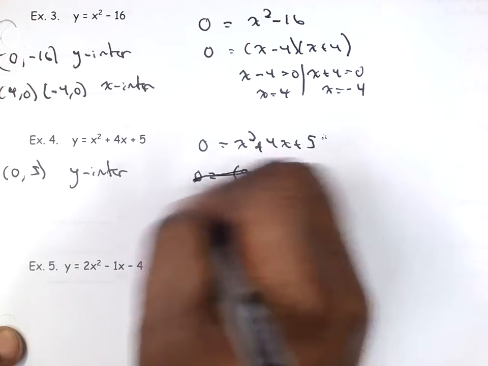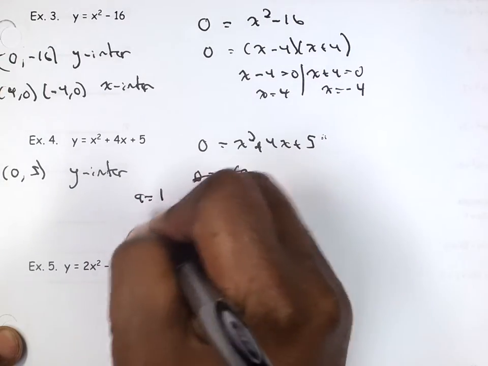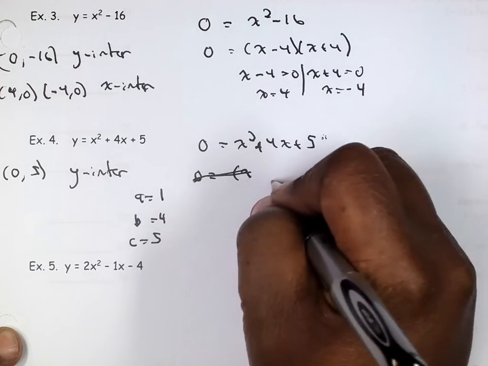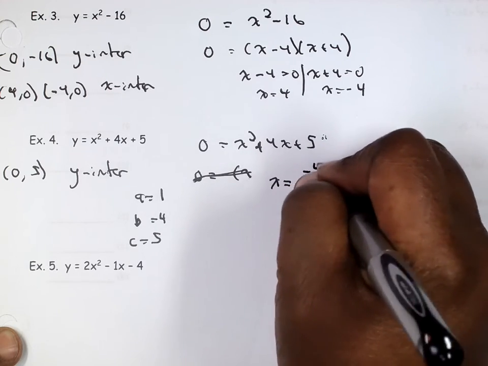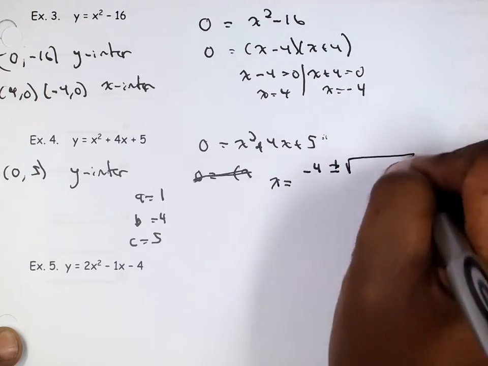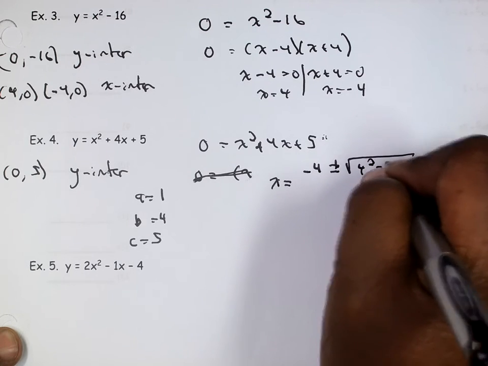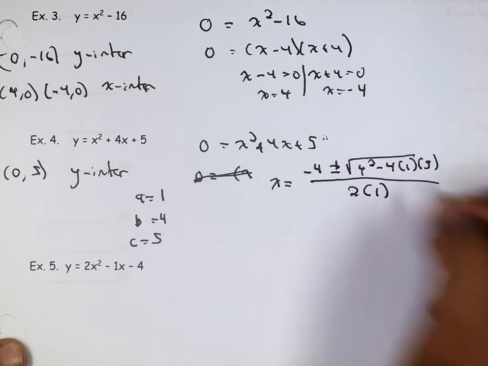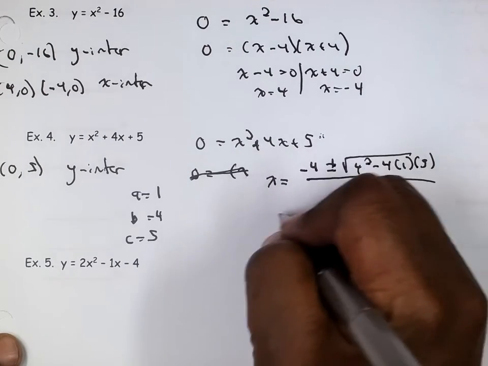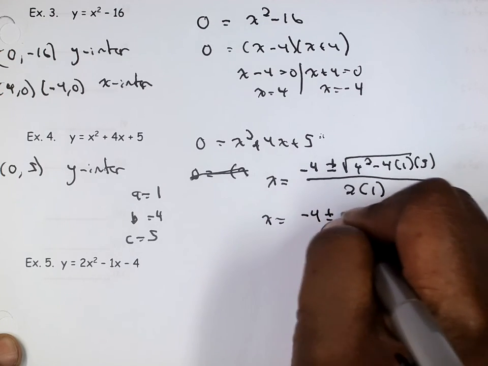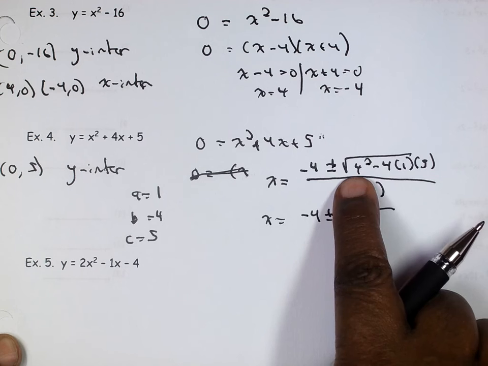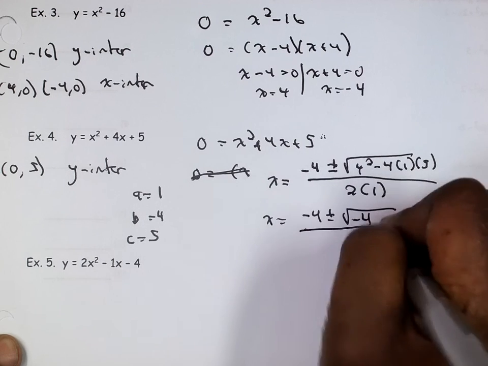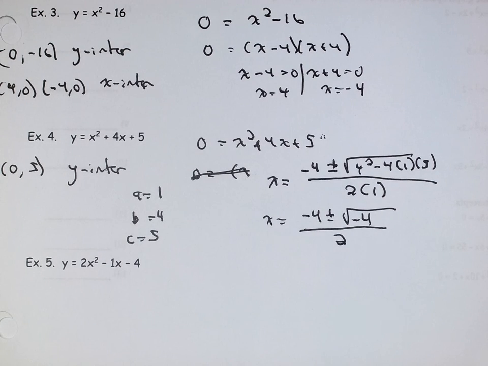So let me put my a is 1, b is 4, and c is 5. So x equals the opposite of b, using the quadratic formula, plus or minus the square root of b squared minus 4 times a times c, all over 2 times a. So that would give me negative 4 plus or minus the square root of 16, when you square that, minus 20. So 16 minus 20 is negative 4, over 2. So here I have a